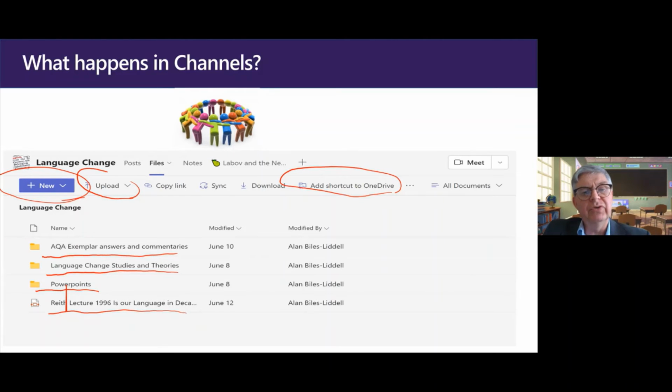The other thing I like about channels too, as you can see, is you've got your posts, your files, your notes. You can also add your own different tabs for things that you want to use. For me, recently I've discovered the joys of Pear Deck, which allows them to collaborate with your PowerPoint, either as a group or as individuals. You can just create that little Pear Deck tab and drop it in there, and they can find it, nice and accessible to them.